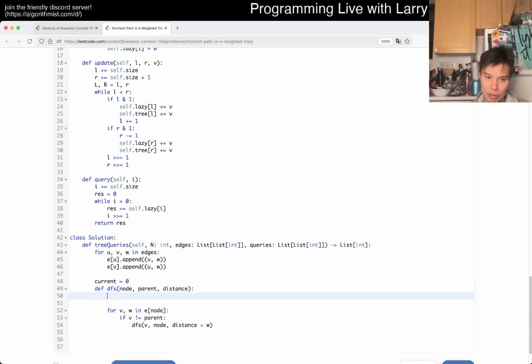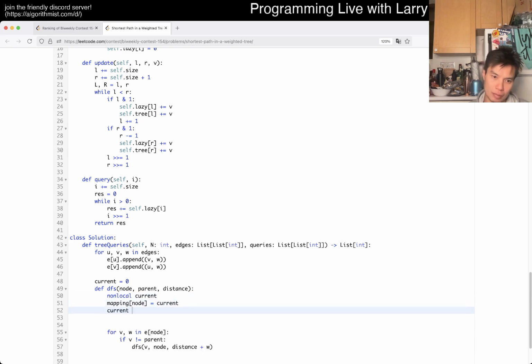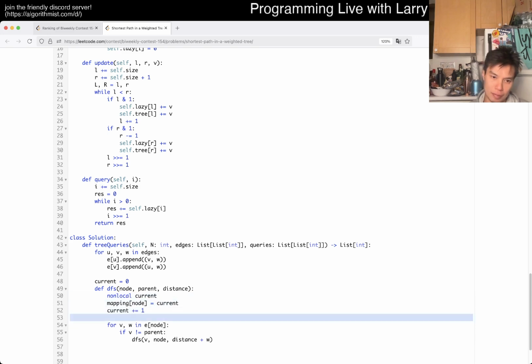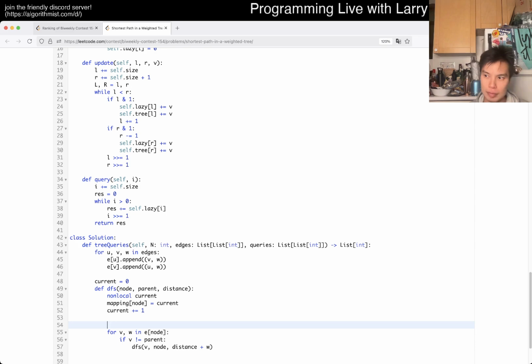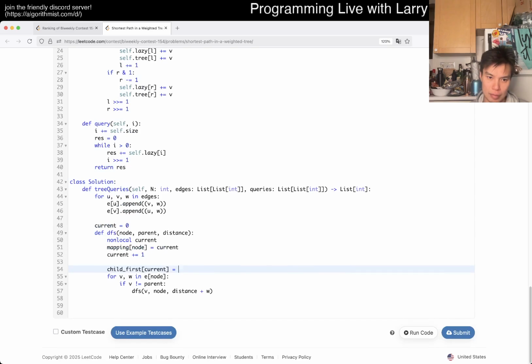So here we go, mapping of node is equal to current. Well, I guess it's always going to be just current plus 1, but